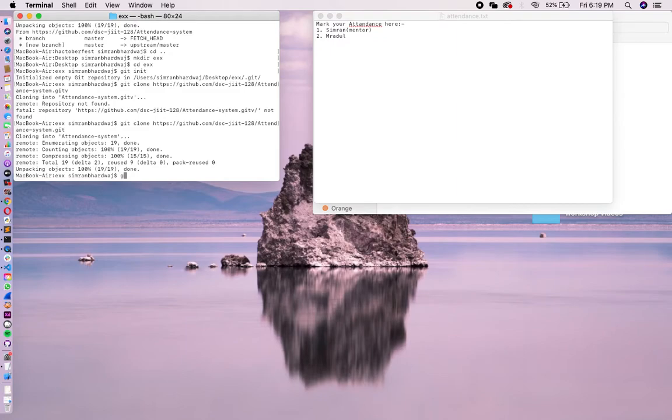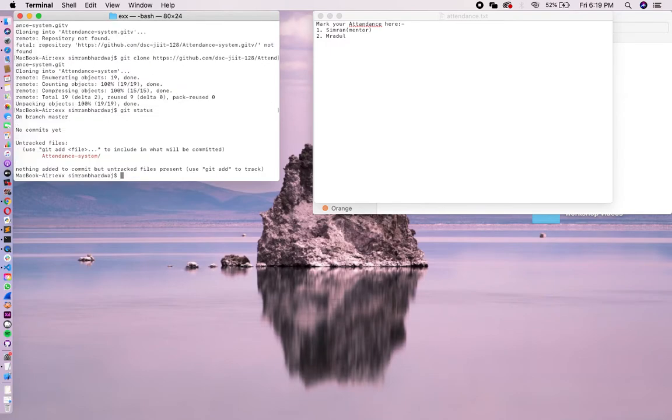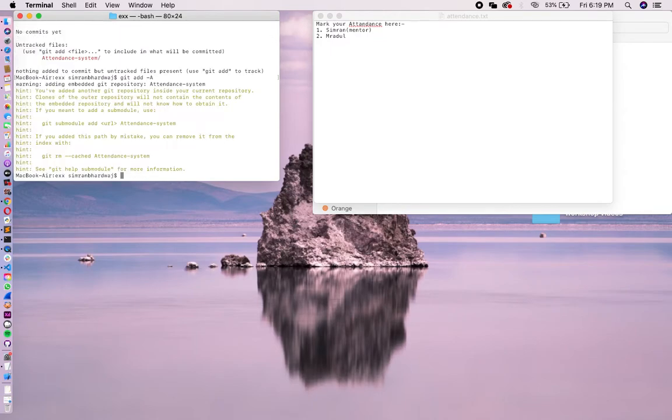Now, do remember to use a command called git status, because it will keep telling you the status of your work. Okay, so right now it is saying that this is an untracked file. For that you need to use the command git add -A, capital A. Okay, so this is going to add all your files.